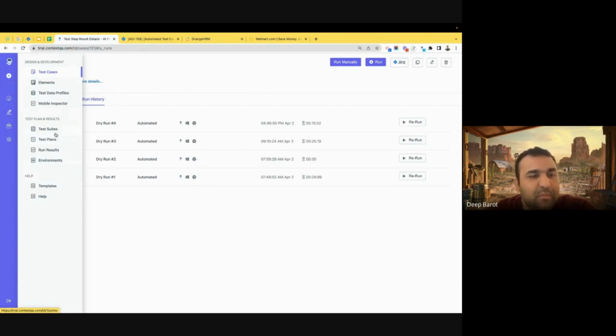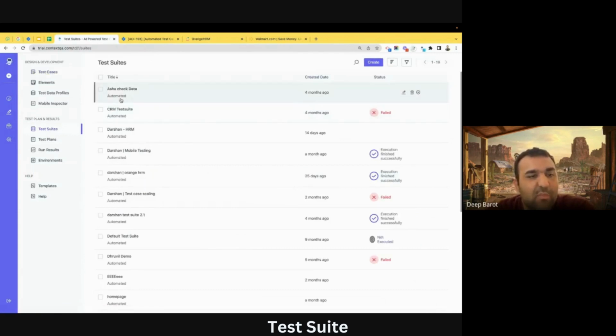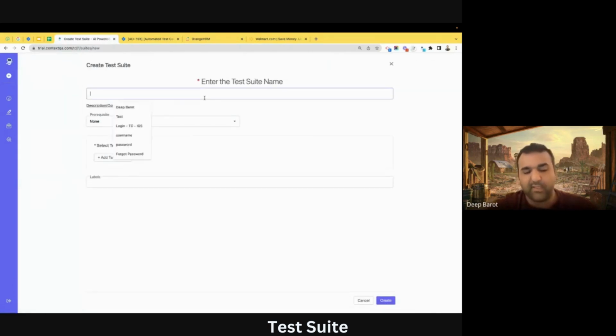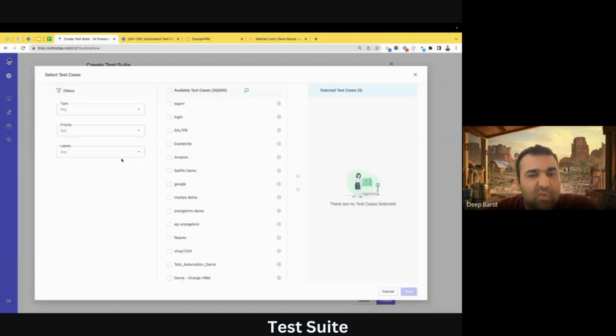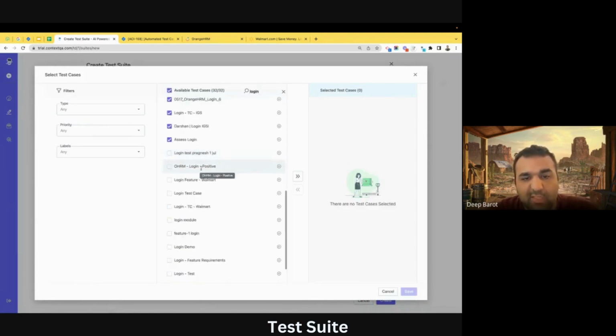Okay. So let's take a look at the test suites. A test suite is nothing but a combination of different test cases. You can click on create, and here is a test suite for all the login related test cases. You can say there is a prerequisite. If there is none, then you just go here and add all the test cases that we created. You can also search for all the login related test cases, and mark that these are the 20 or 32 test cases you want to